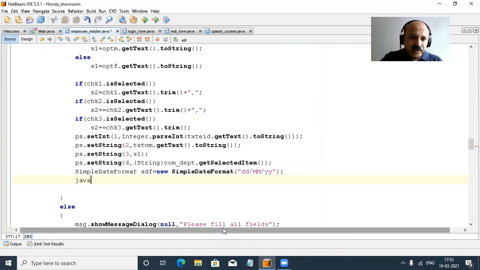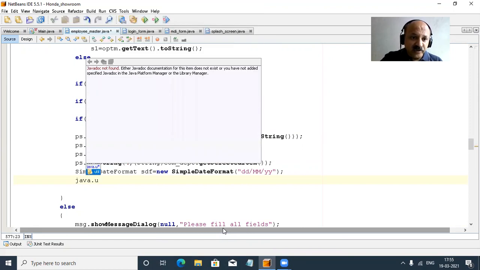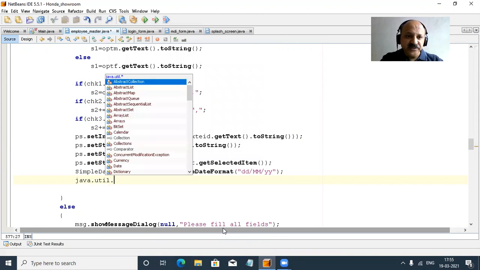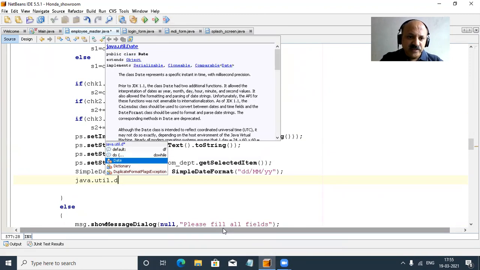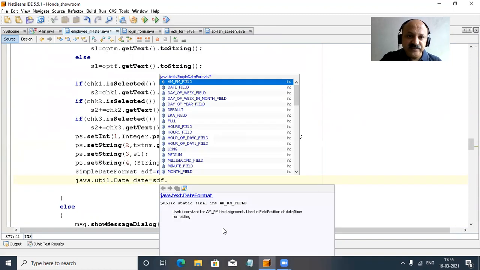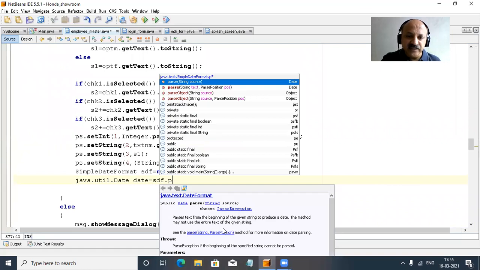We can write java, then util package, and then Date. So that is a Date, and we can apply the Date variable, and you can also use it, but we have already used dt in our first part. So yes, sdf, and first typecasting, the first method is there.